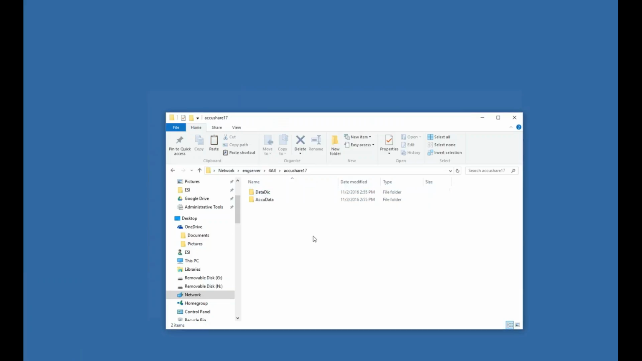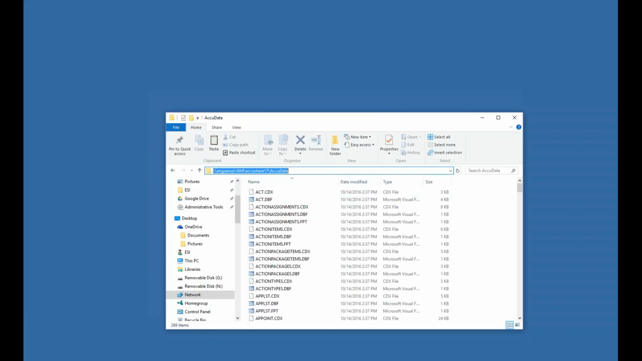And that's a UNC path, by the way, which I recommend over a mapped drive letter. Just go ahead and use your UNC path. All right, so I'm going to drill down one more level, and this is where my AccuTrack blank database